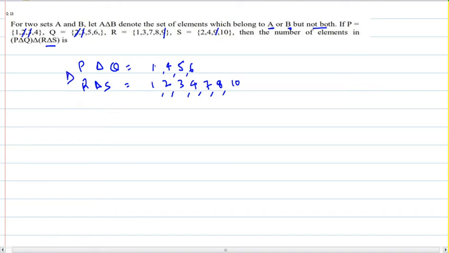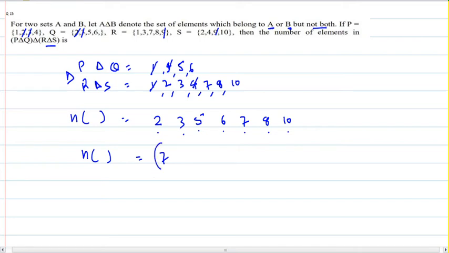I'm going to perform same operation on these combined. So I'm going to cancel common part. 1 is gone, 4 is gone. So what remains? 2, 3, 5, 6, 7, 8 and 10. The question was how many elements are there in this? 1, 2, 3, 4, 5, 6 and 7. So number of elements in this overall set is 7. This was the question. Find the number of elements in P delta Q delta R delta S. A fairly easy problem. Let us try the next one.